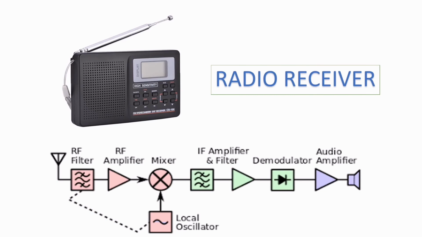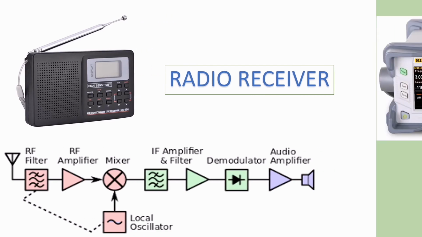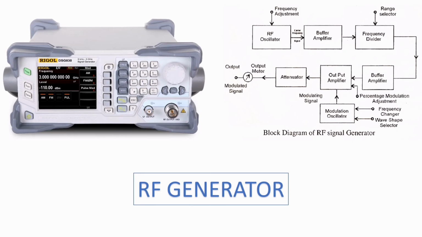First example is the radio receiver. A radio receiver is an electronic device that receives radio waves and converts the information carried by them to a usable form. It is used with an antenna. The antenna intercepts radio waves and converts them to a tiny alternating current which is applied to the receiver. So the last example for LC oscillator is the RF generator. An RF signal generator provides a signal